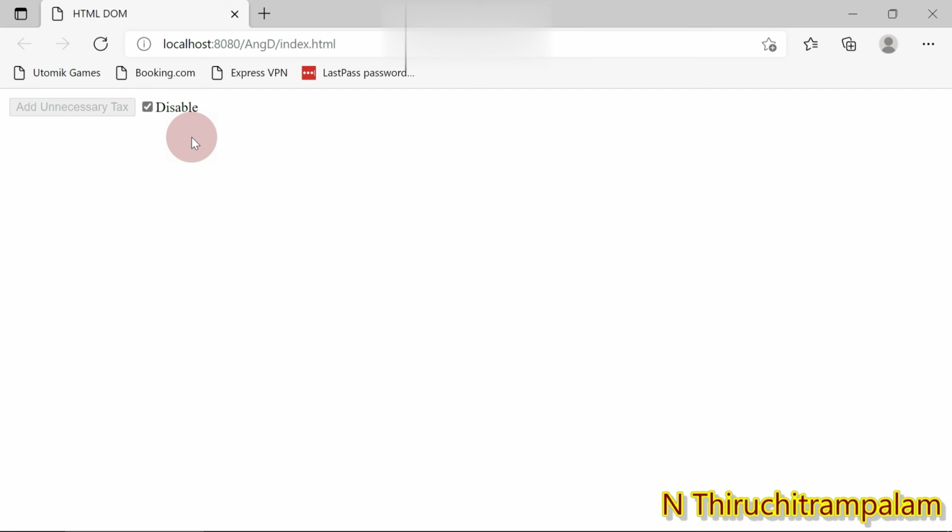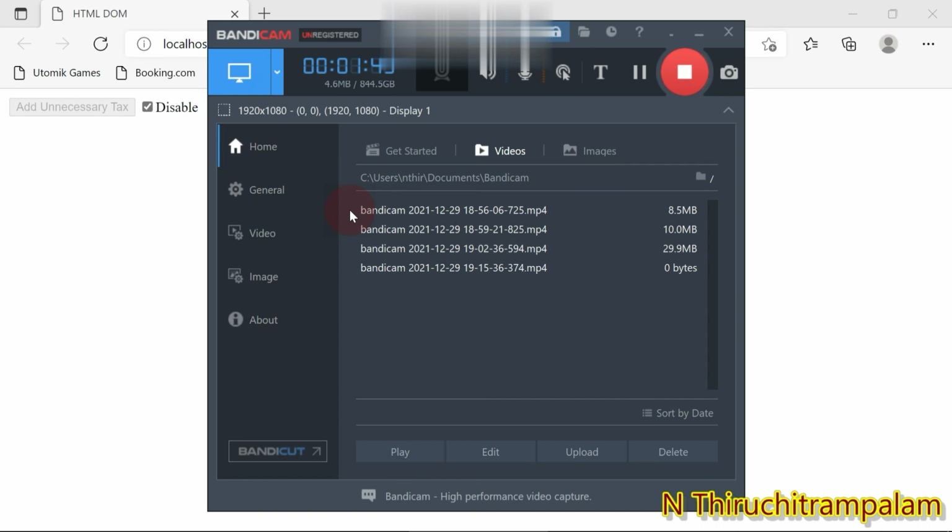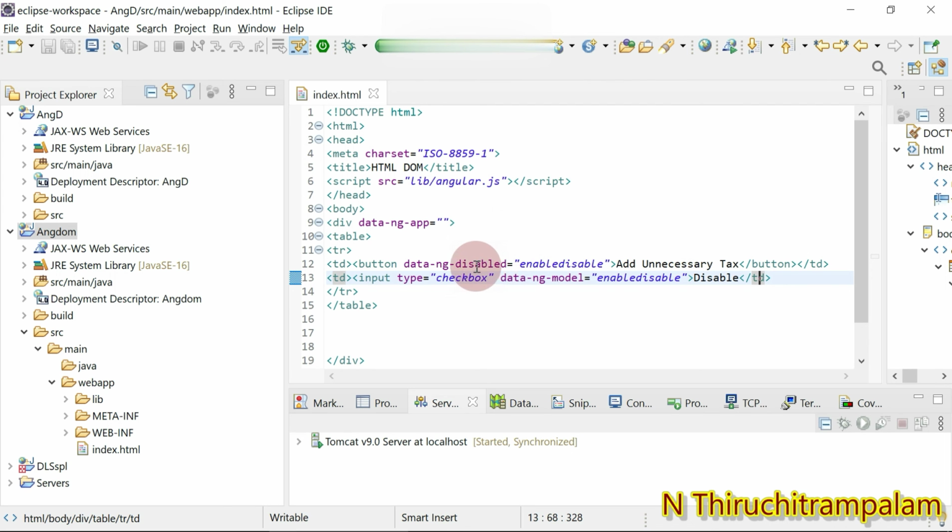So in this, what we have seen is, using the directive ng-disabled, we create a model and bind the model to an HTML element.